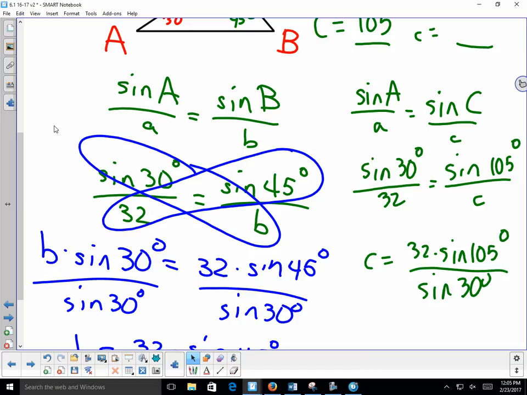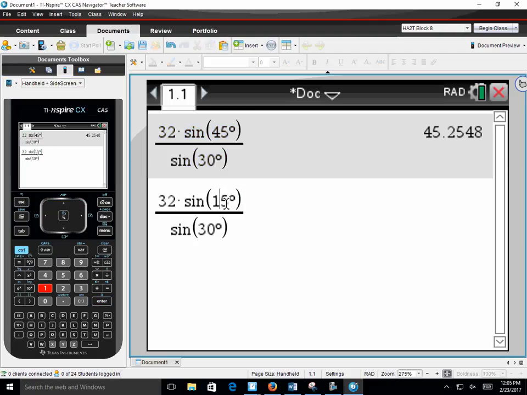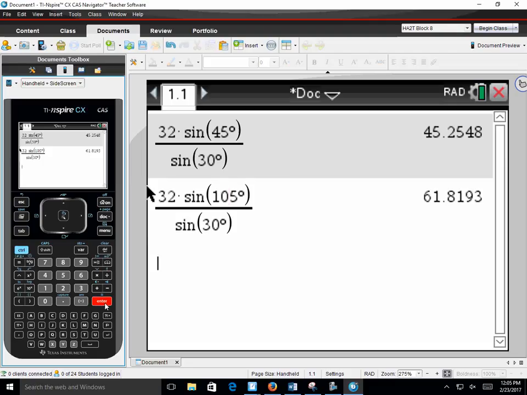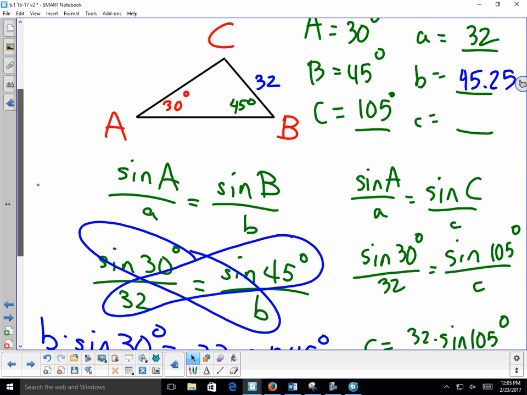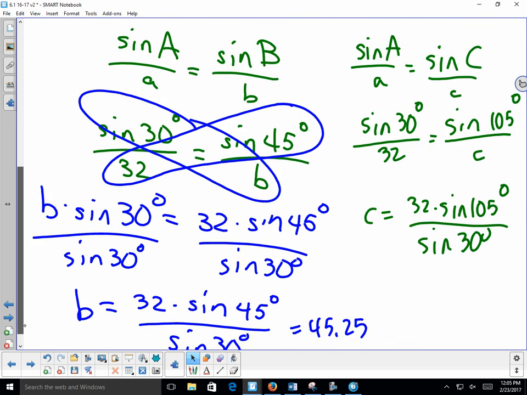Yeah. Okay, so really, I'm not going to retype this whole thing. I'm going to be strategic about this. I really only want to go up, click, enter this, and I just need to edit this and make this 105. Would you agree with that? Are you getting 61.8? Okay, I wouldn't retype it. I would just do that. So 61.8 gets us the last side that we needed. Are we okay with this? Okay, so that brings up